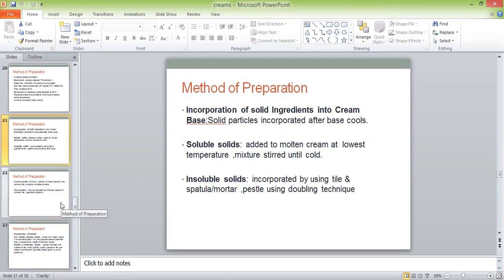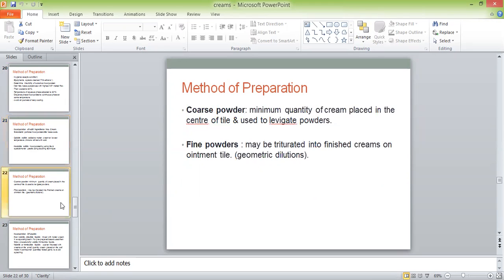Incorporation of solid ingredients into cream bases. Solid particles are incorporated into the bases after the bases cool down. Soluble solids are added to the cream at the lowest temperature, and then they are mixed until they are cooled. Insoluble solids are added by using the tile and spatula, or mortar and pestle, and using a doubling technique. Then the coarse powder is added,